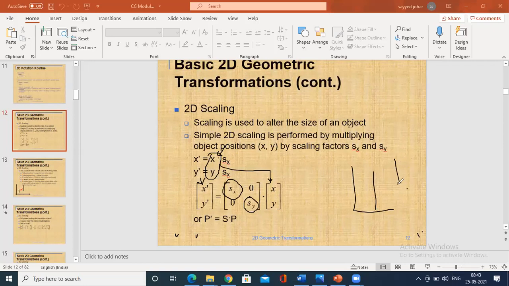For example, if this is x, you are moving over here. This is x comma y. So we're drawing it as okay. So this is very important. If you want to explain a two-dimensional geometric transformation in the exam, for the different types of transformations, this is important.